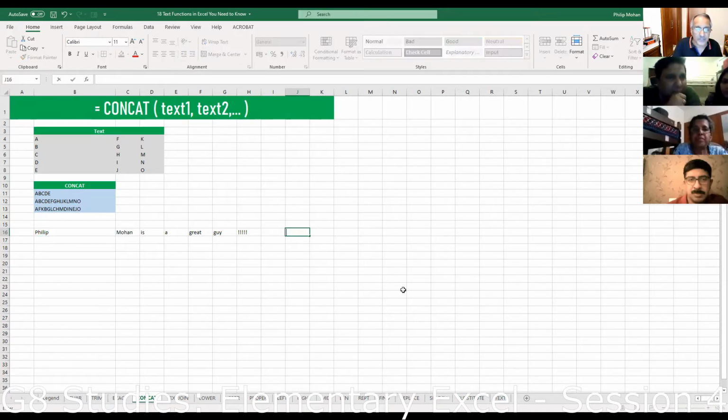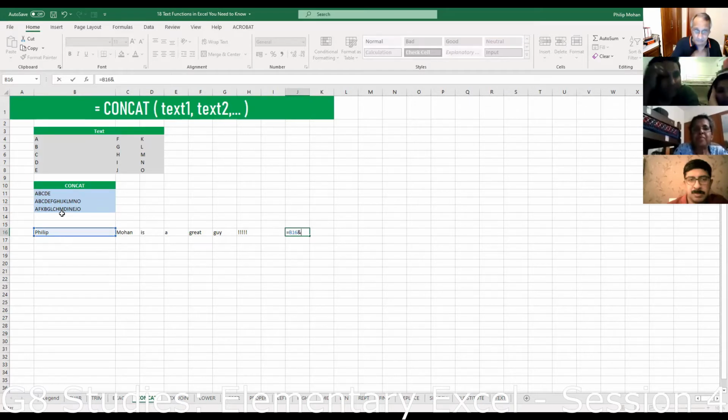So I'll tell you the way I do it, because that's easier for me. Equals, then I go to the first cell. Then I add the ampersand, which is the same as concatenate, except concatenate has to come in the beginning.